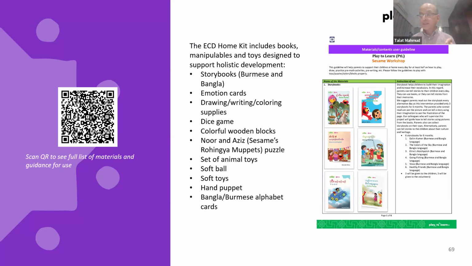We selected households that have 3 to 6 year old children, but this home kit is used by the siblings and parents, even the extended family members. Inside there are 17 items, including blocks, number cards, puzzles, Burmese language storybooks, exercise books and so on, and also many play materials, balls.